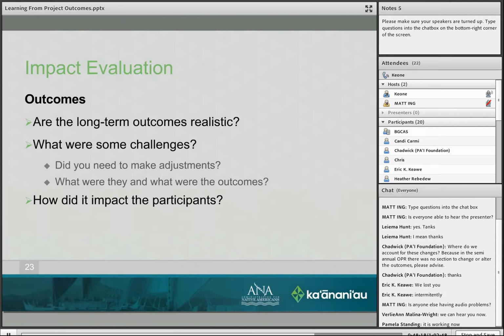For some projects, you might need to tweak them, but for others, they're very realistic and very doable. What were some of the challenges with your outcomes? Did you need to make any adjustments? What were they, and what were the outcomes? How did it impact your participants? These questions might seem redundant in your mind, but they hit at a different level for different things.